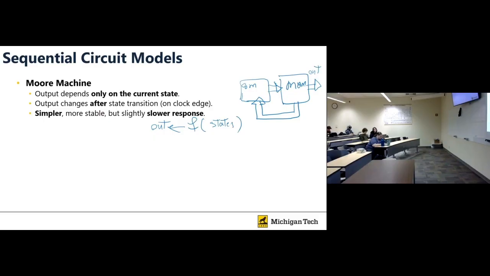And this state is the memory. So this is how a Moore machine works. The output changes after a transition in a state. When a state is changing, and when a transition happens, anybody can help me in this case? When the transition is happening,